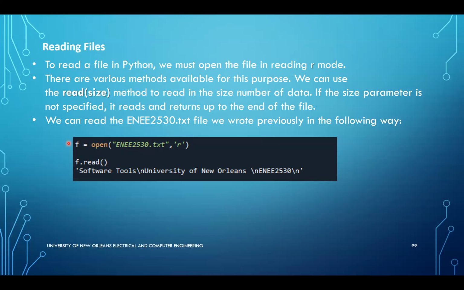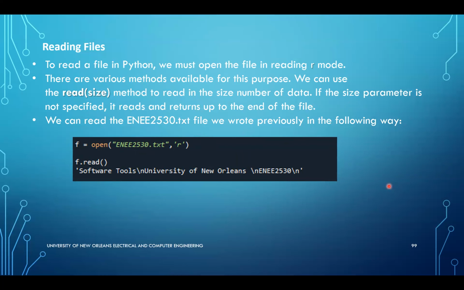So if I want to read something out of the file, I can use this method called read(size). Size is an integer. If I don't put anything inside the parentheses, and I do f.read(), it's just going to read a line at a time. In this case, it's going to read the first line that it sees in the file that I created. Okay,